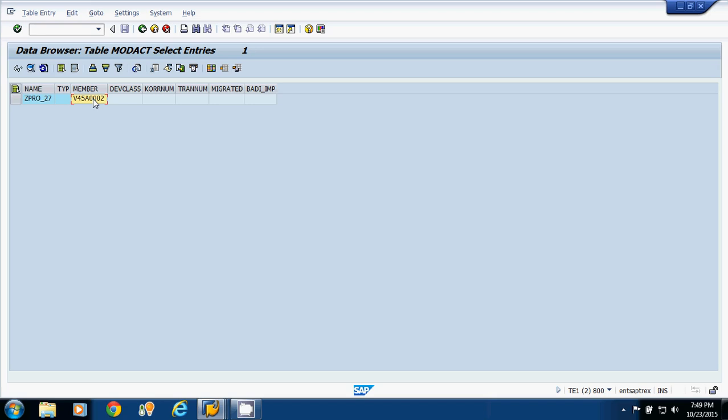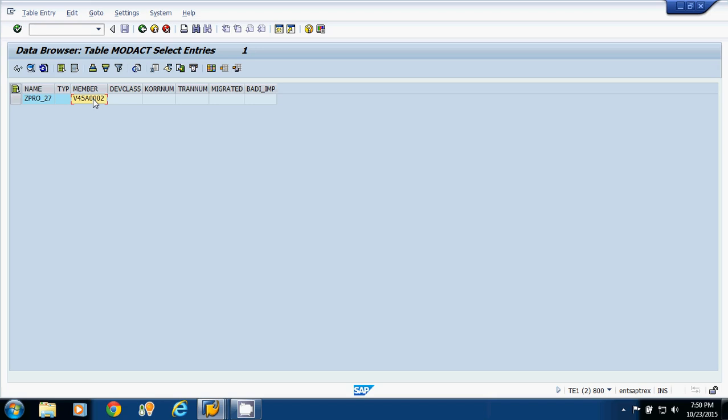So what is the summary? Firstly, you have to put the breakpoint on the call customer-function statement. Secondly, check whether this customer exit fulfills your requirements or not. Open the code in a new editor, click on the 3-digit number. It will navigate you to one function module. In that we have the Z include, where we will write the logic. Create one project in CMOD transaction. After that, go to the MODSAP table, pass the function module there and get the enhancement name.